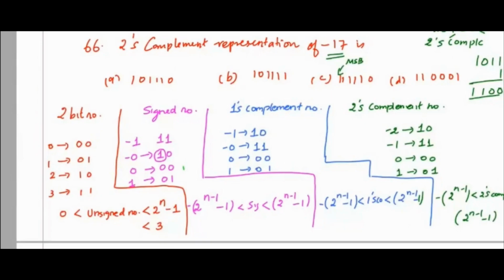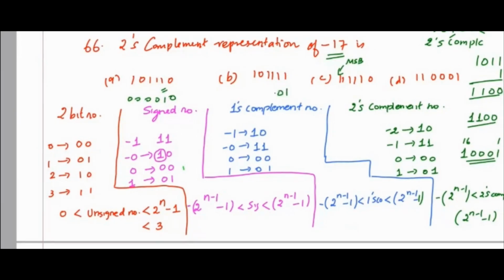Therefore the answer is 1100. Okay. How to represent 17? 17 is 10001. And if I take the 2's complement, the answer will be